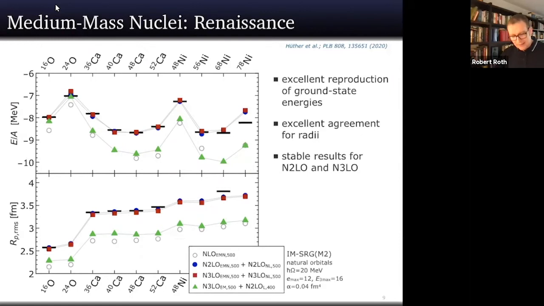Well, I think it's not so much about the orders. The big effect from here to here, in particular for the radii, is not due to the order of the three-body force, so this mixing that you described, but it's rather the choice of regulator for the three-body force. In this old force, the two-body force was using a non-local regularization scheme, and the three-body force was using a local regularization. Here we use non-local for both of them. And it turns out that for the radii, and I'll show that, the big effect from here to here is really due to the switch to the non-local regularization of the three-body force.